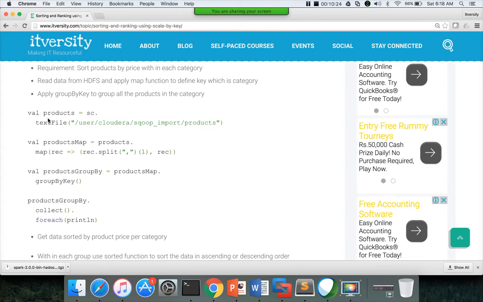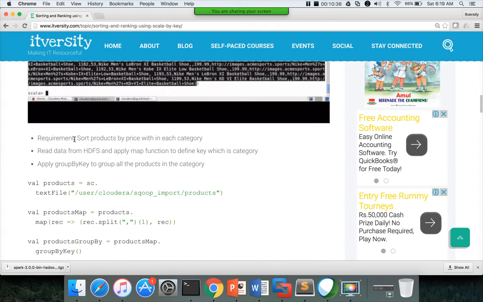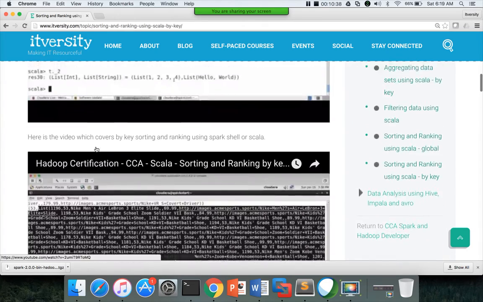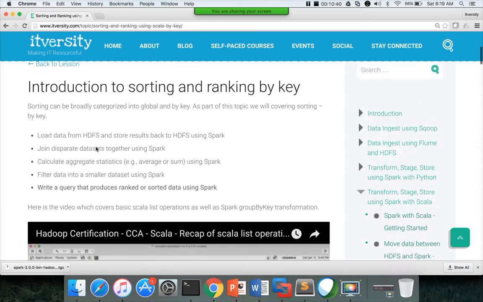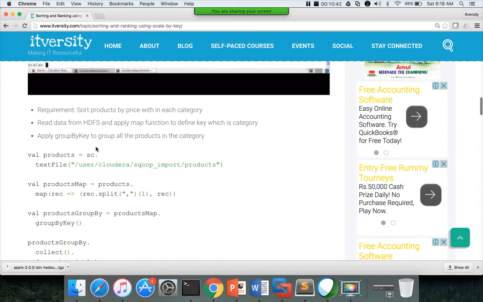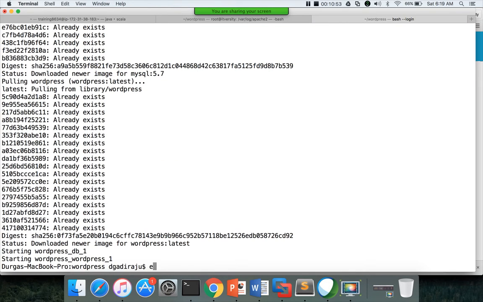Okay. So to perform the groupByKey, first let us define the problem statement. Let me see whether I have the problem statement somewhere here. So I don't have it. The problem statement is, I want to get the top 5 products or top n products within each product category. Again, if you go to the MySQL database,